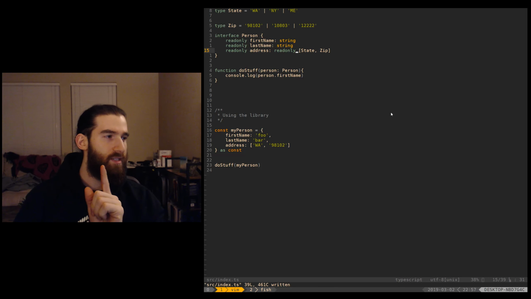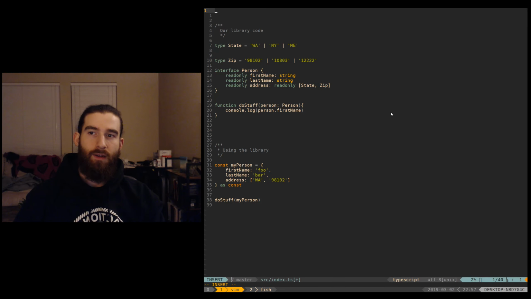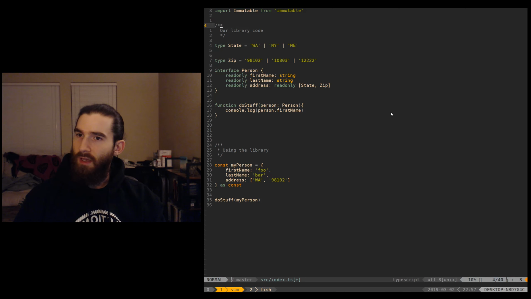I'll give one more example using the immutable library. So I'll go up here and I'll import immutable, and immutable is a cool library. It lets you use objects that can't be changed in JavaScript. And the way they do that for something like an interface is through a record type. So you can say